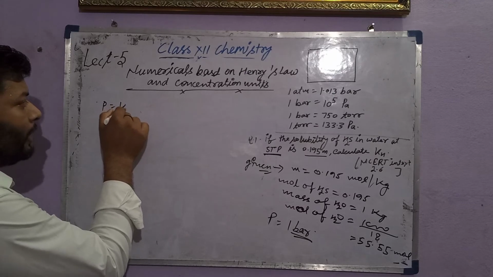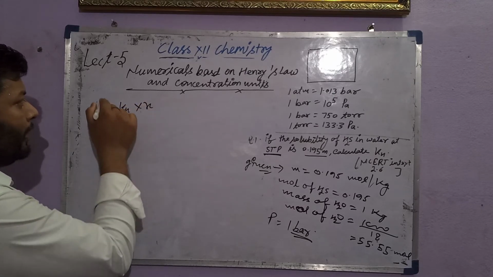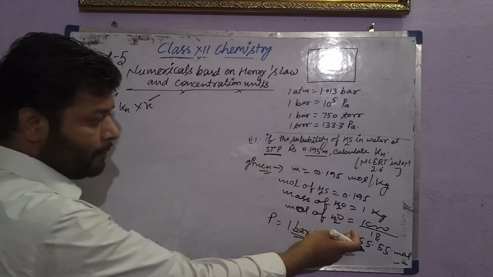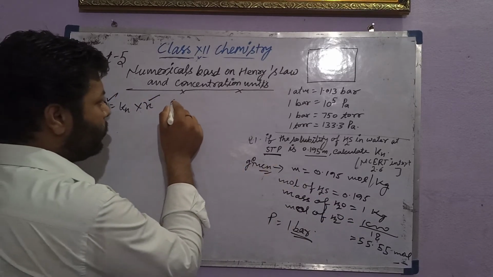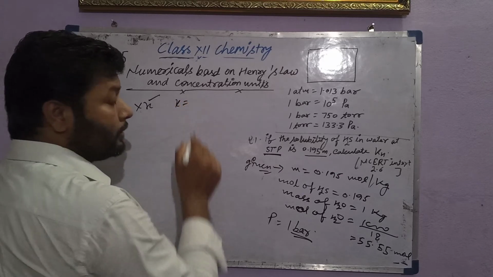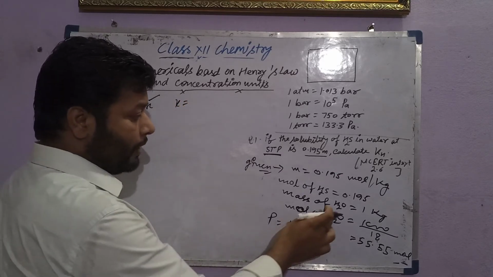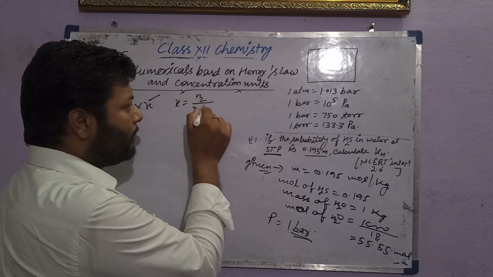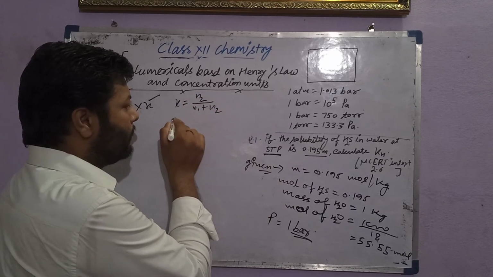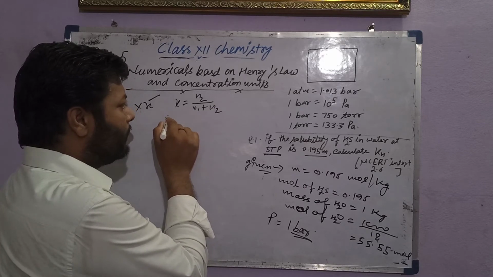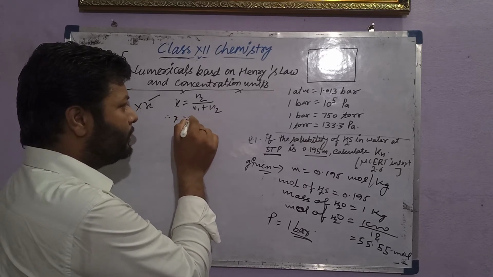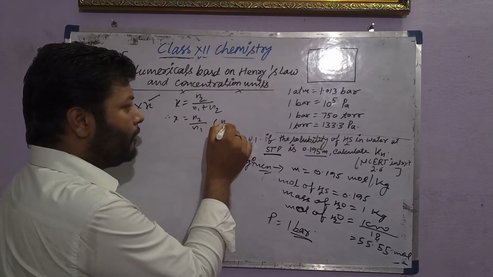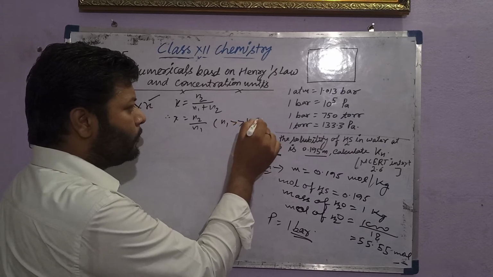So with the help of the given things, you know the formula is P equal to KH into X, where P is the pressure, given 1 bar, and X is the mole fraction that can be calculated easily. So first we try to calculate X. X means number of moles of solute n2 upon number of moles of solvent, or you can write mole fraction of H2S is n2 upon n1,